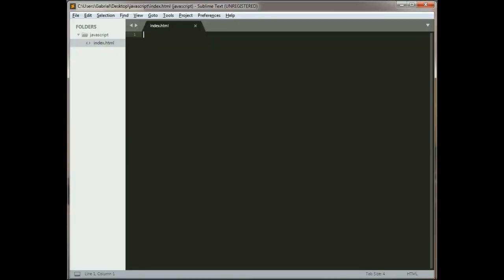So let's start with an entirely blank page. I'm going to create a simple HTML template. I'm going to say JavaScript Form Validation. Let's create the first form element. So I'm going to say form. I'm going to put in a name for that. I'm going to say myForm, and inside that I'm going to create a simple table,